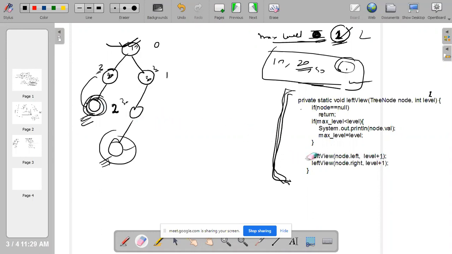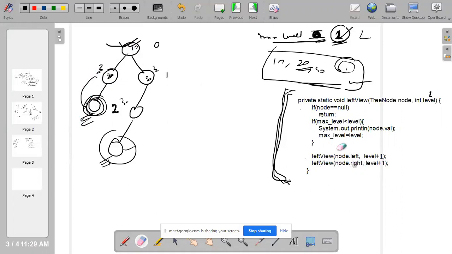Correct, exactly. First it will check all the left side. First it will traverse this side, then this side. If this is met, then obviously it will keep on printing here. Once it returns till here, only then will it start here.